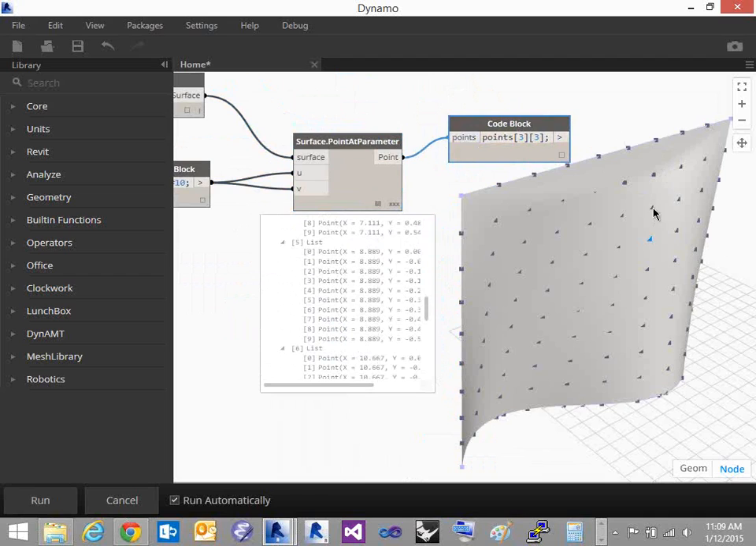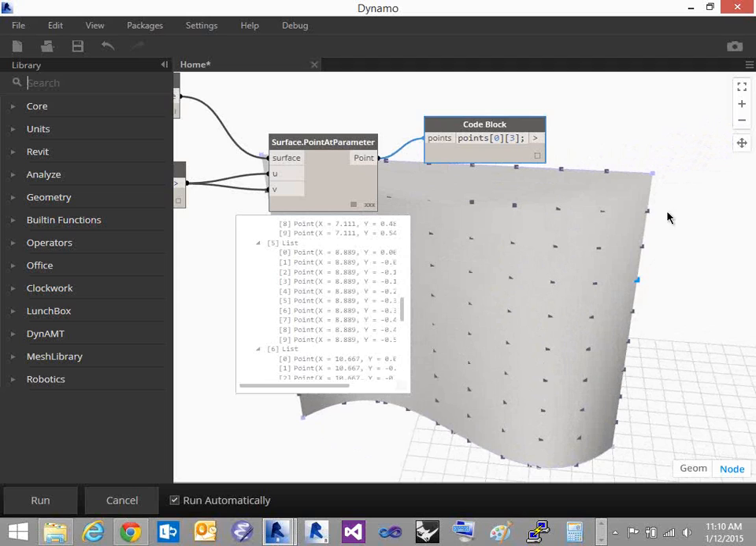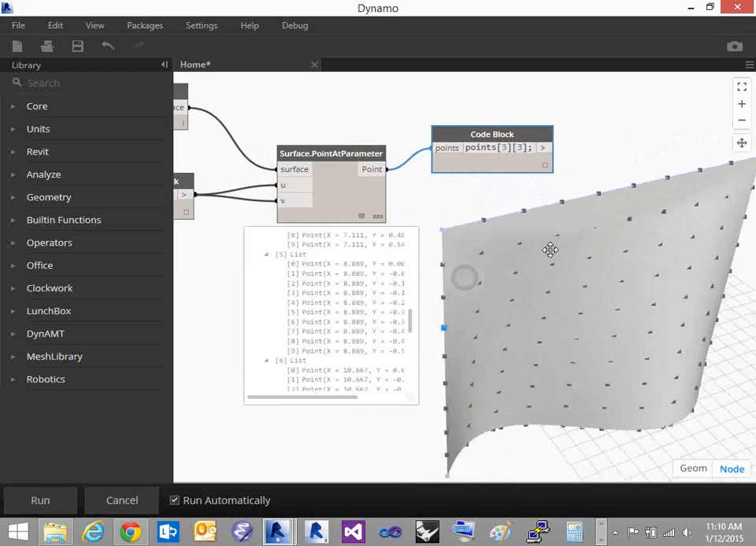So here I have 1, 2, 3, 4, because remember, as Colin was saying last week, most programming languages are 0 indexed. So 0 is going to give you the top element, or the far right-hand side element here, whereas 9 is going to give you the one on the other side. So here I'm just going to grab the 3, 3 point, which is giving me